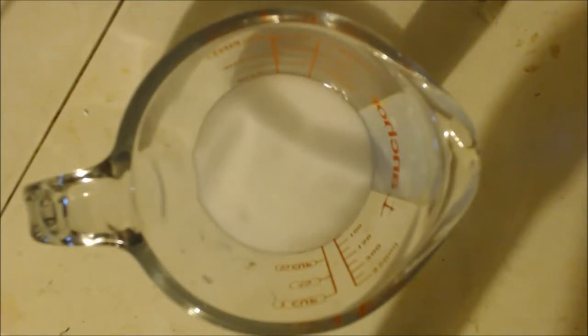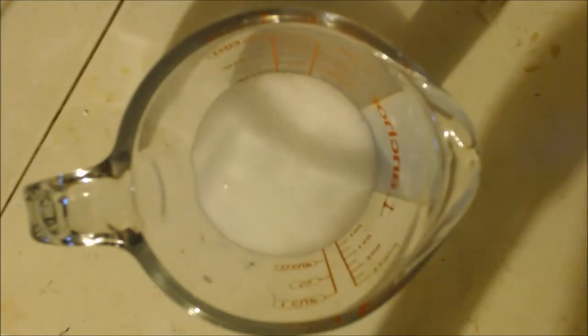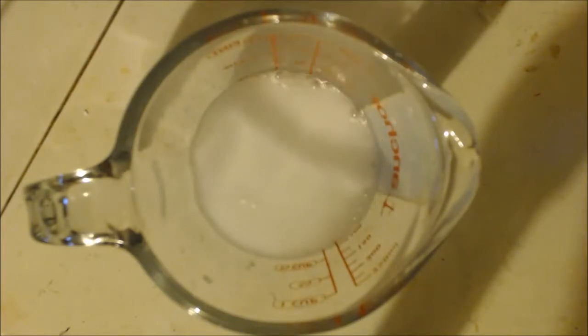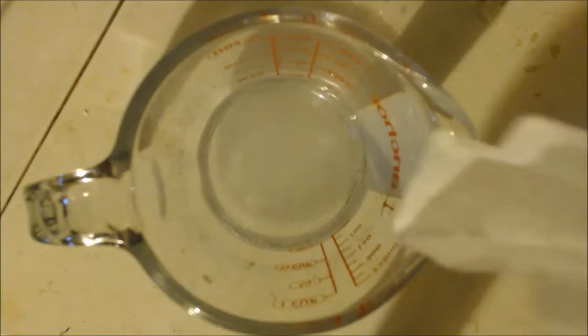I'm definitely getting fizzy. Fizzing like heck. That's a good sign. Like an idiot, I should have another like this on a plate or a dish that can hold it when it overflows, but I don't. You know what, I'm going to